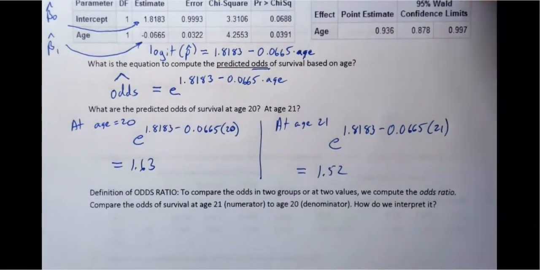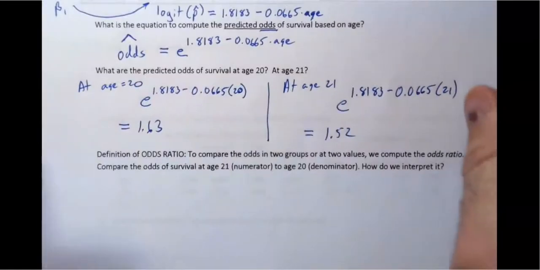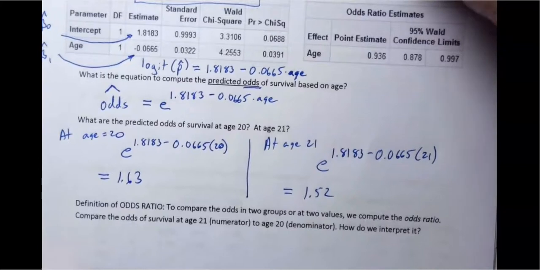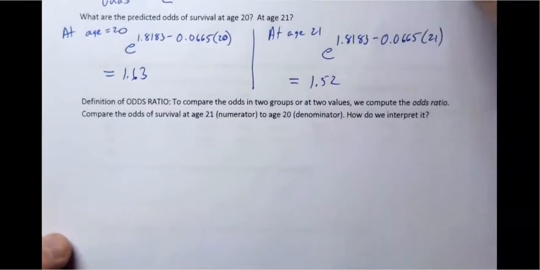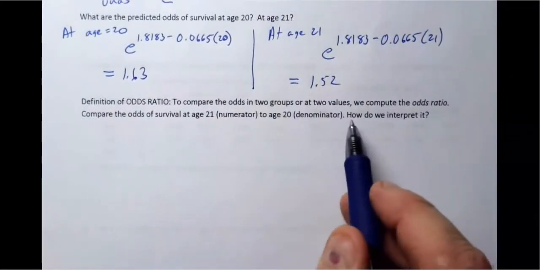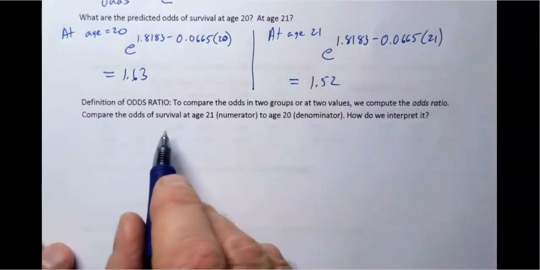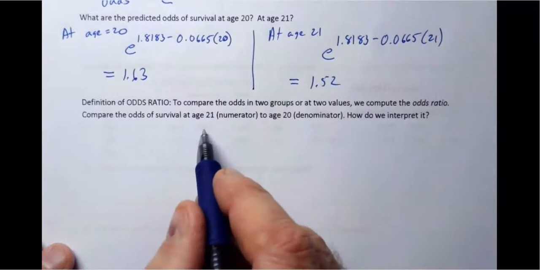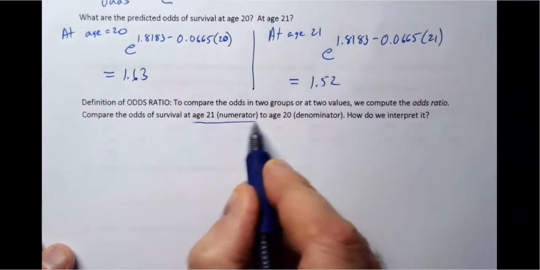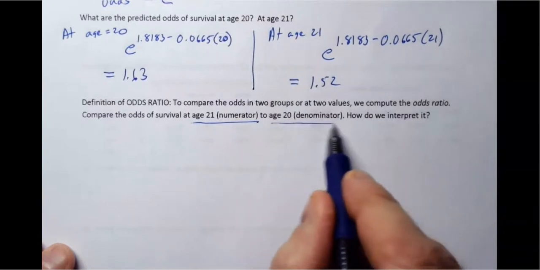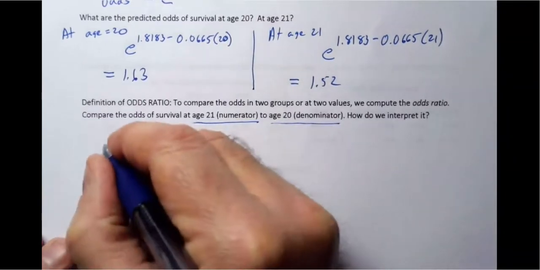We're going to define the odds ratio. We've already talked about this, but here's just a refresher for you. To find the odds ratio, we're going to compare the odds of two groups or two values, so we can compute the odds ratio. So what is the odds of survival at age 21, which I'm going to put in the numerator, to age 20, which I'm going to put in the denominator. So the odds ratio,